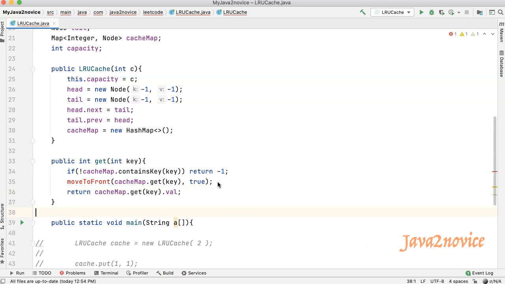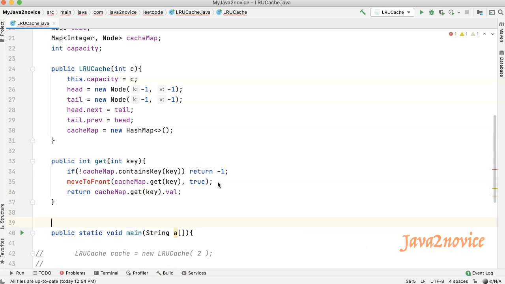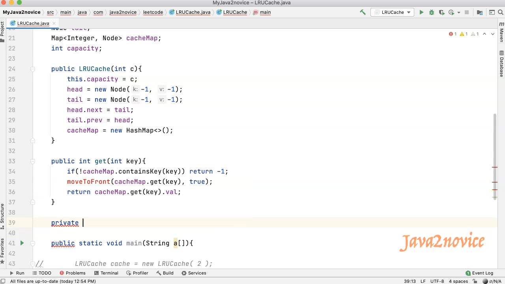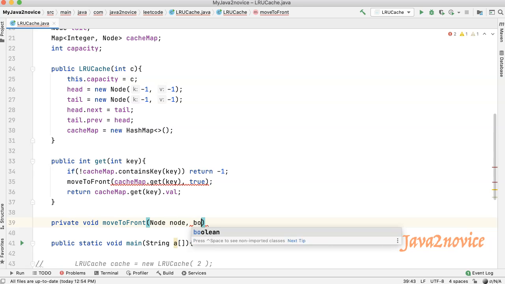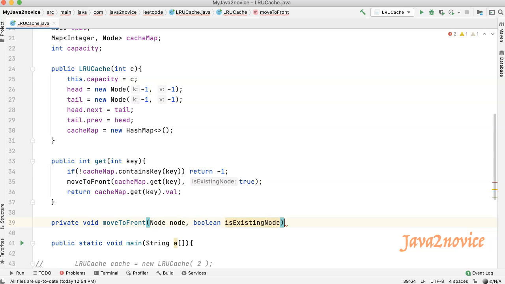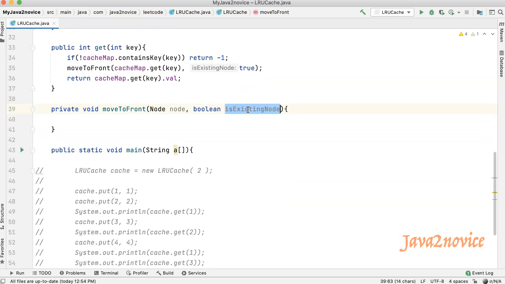Now create the move to front function, which is a private function. Check the is existing node flag. If it is true, then detach the node from the existing position first.